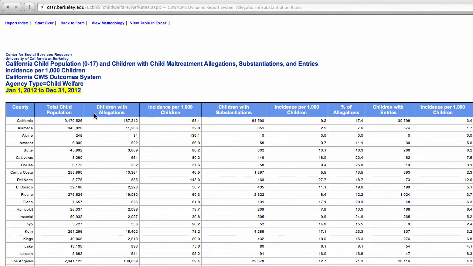You'll notice that links are available at the top of the page to go back to the report index, to start over on the report page for this specific measure, go back to the form where you selected the desired time period, to view the measure methodology, or to view this table as an Excel file. Going back to the report index,